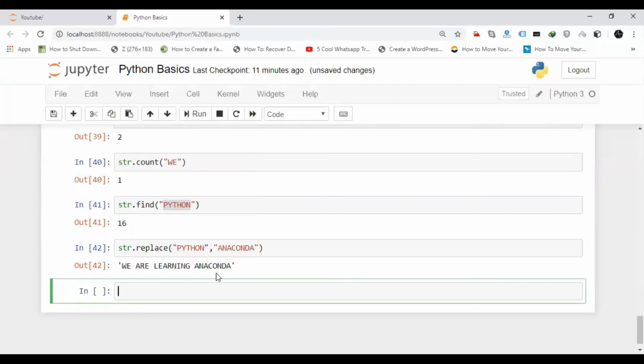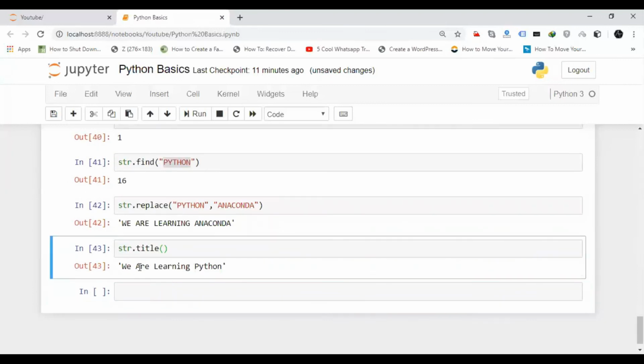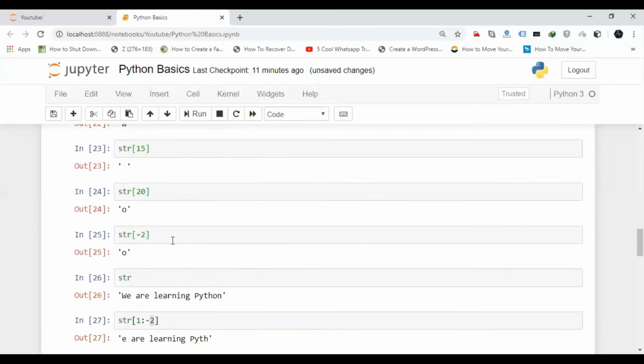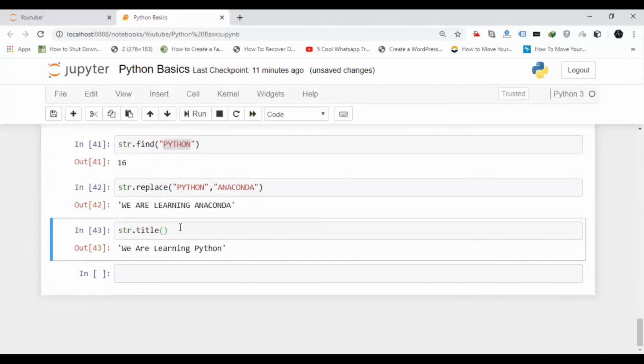So this is how you can replace a word or any letter. Last one, str dot title. What will it do? It will convert the first letter of each and every word to a capital letter. So these all are part of string slicing. So I hope you all are clear with this.